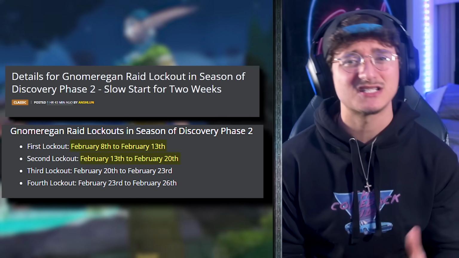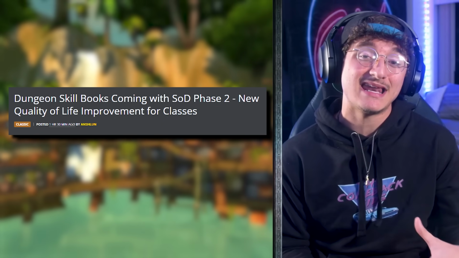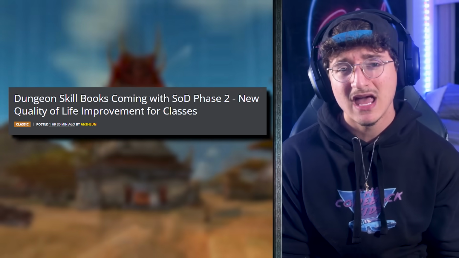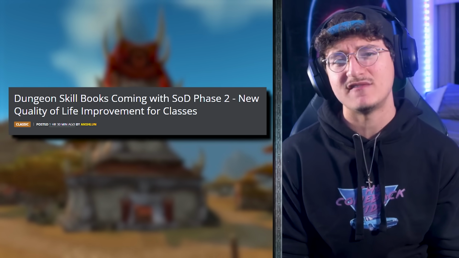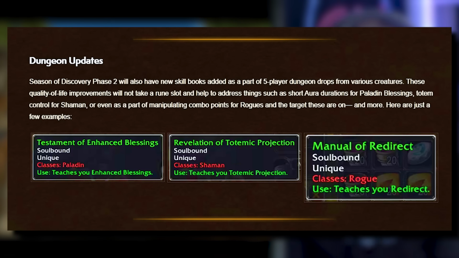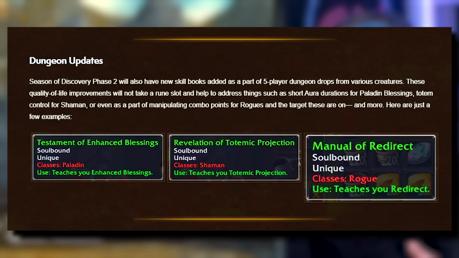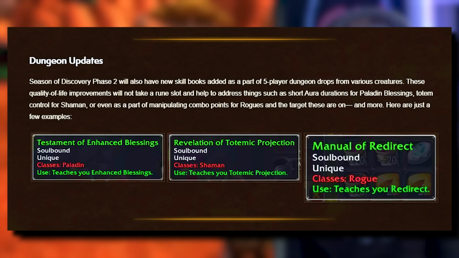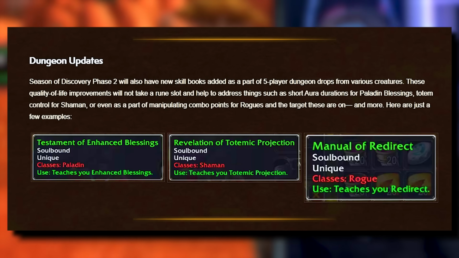Speaking of developers listening to the player base, it also seems like we're going to be getting dungeon skill books coming inside of Season of Discovery as well that will bring heavy quality of life improvements for all classes out there. That's right, because Blizzard officially announced that they will be adding these books to teach classes abilities, such as enhanced blessings for paladins, which will most likely increase the duration of their buffs to 15 or 30 minutes,